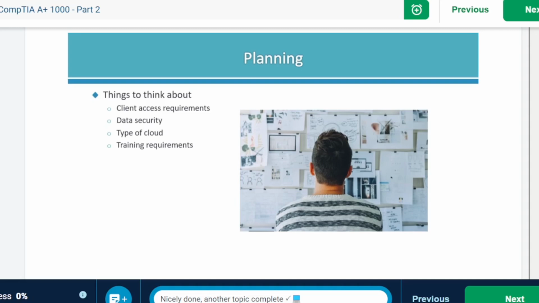There can be significant requirements based on whether you're a private sector company or a federal entity as far as protection of your data. You have to also know what kind of dashboards you need and what kind of access requirements you're going to have. So even though you have all these things, you might need to export data and have different requirements for that. There's so many different requirements that you have to look at in planning to make sure you get it right. So you want to look at these parameters and plan out your system on paper and develop the best system that you can to meet your needs as far as your cloud system.